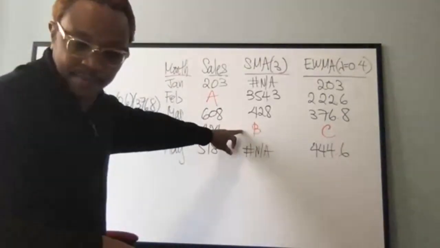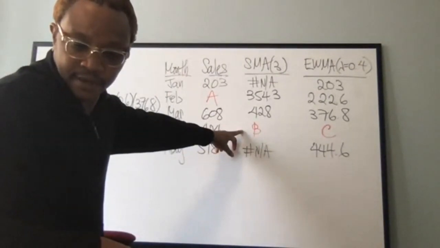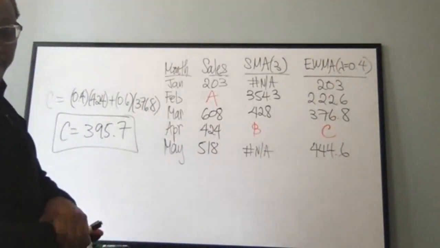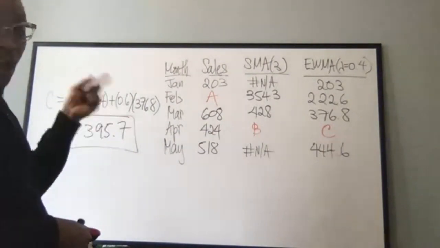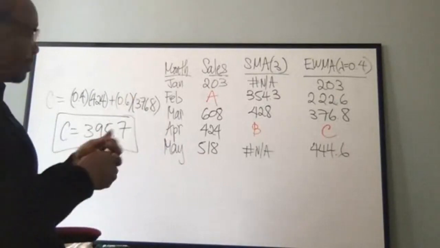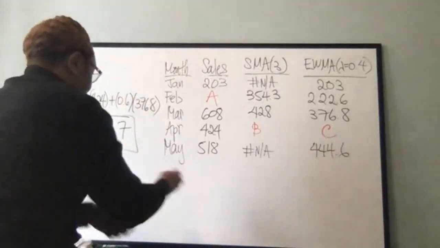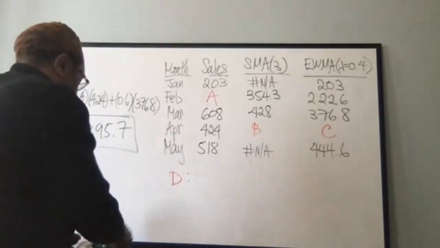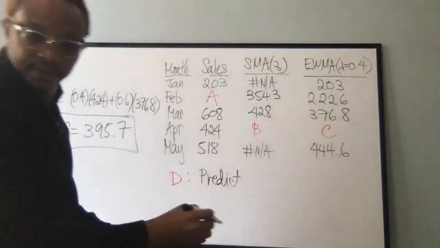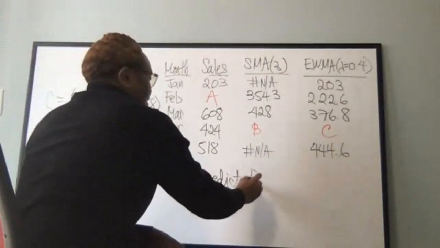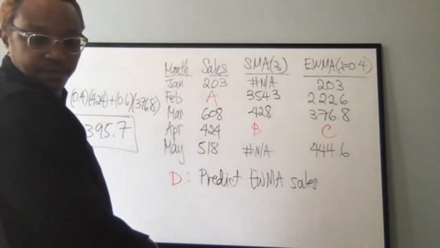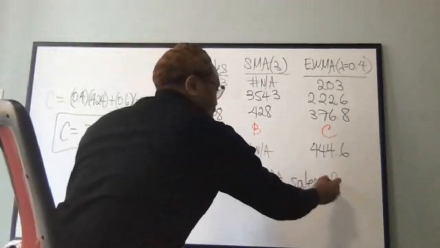Did you guys get the other value for B, the 516.7? I think that was correct. Okay. Yeah, so sorry about that. That was my bad. What I was looking at was going to be D, and it's not up here. If I put a D up here, and I say D, predict EWMA sales for June,